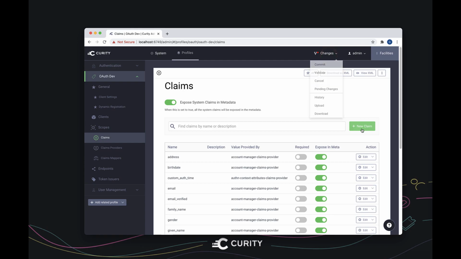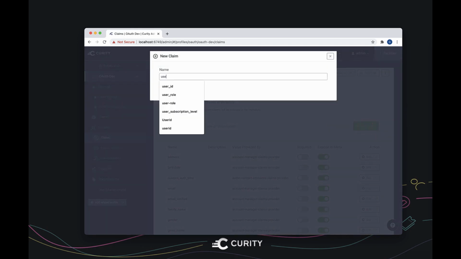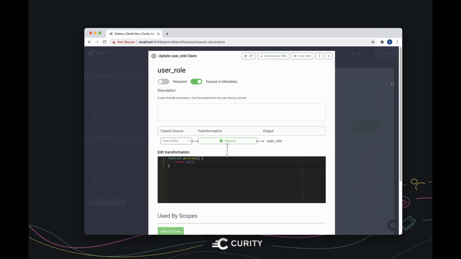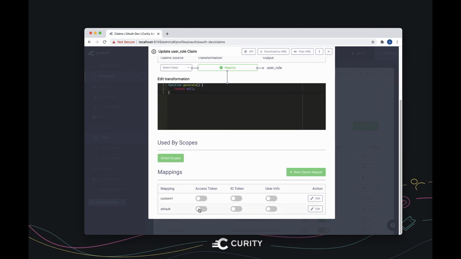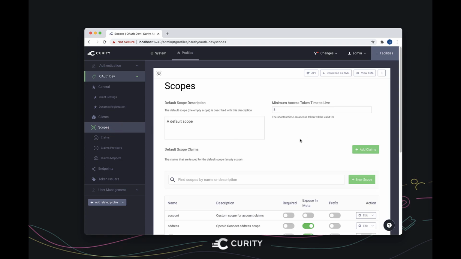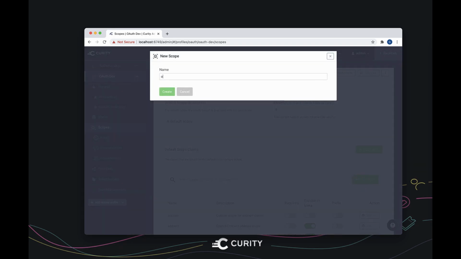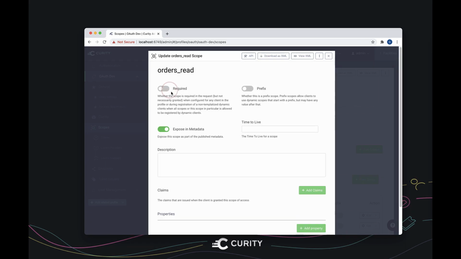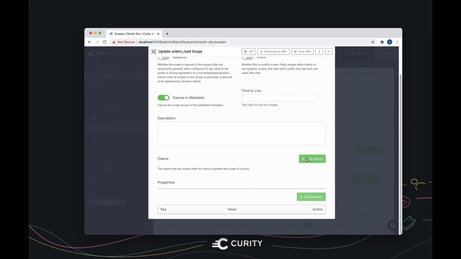But let's do the same thing for the user role. Incidentally, if you want to, you can use different names for the claim in the API and identity server, but we're going to keep things quite simple. And again, this claim only goes into the access token. So next we're going to create our scope. We're going to be very explicit about what this means by calling it orders read, and we will add the claims